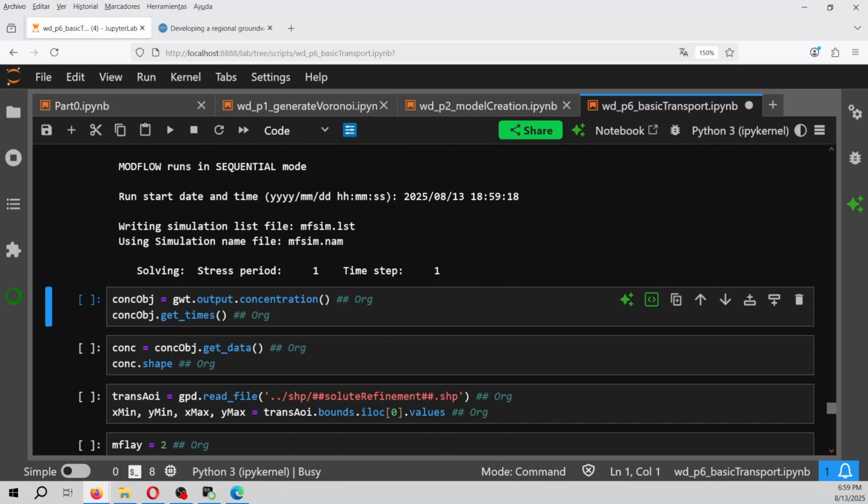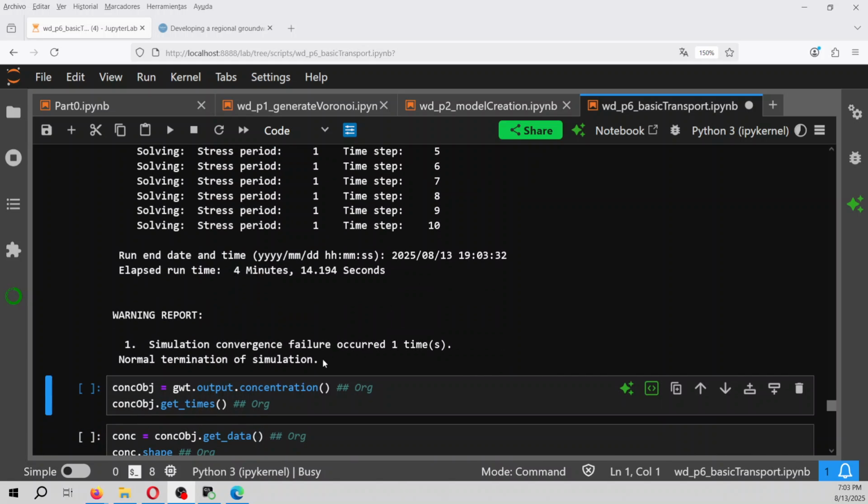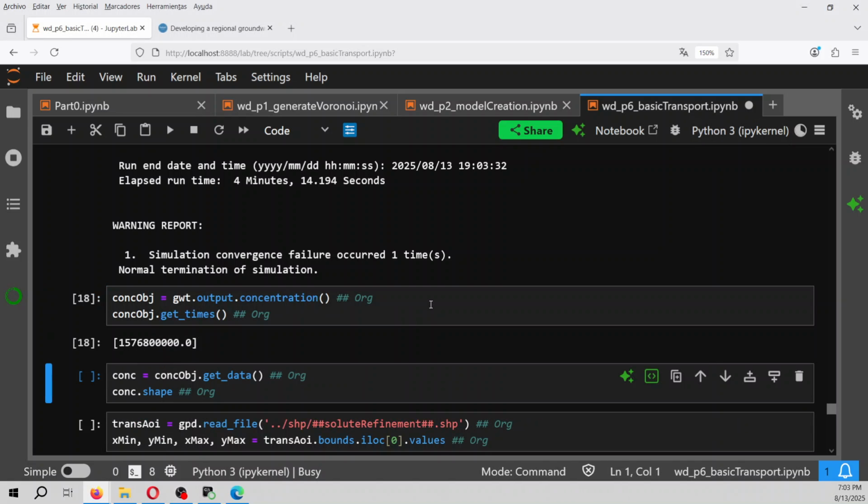Great, it is running. Okay, great. So there is a convergence problem. And as you see, even though it has finished, we have to let it finish because otherwise if we run the next one, it will get stuck. Okay, so we got the times, we got the data,